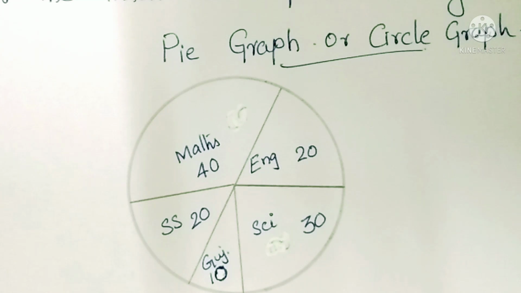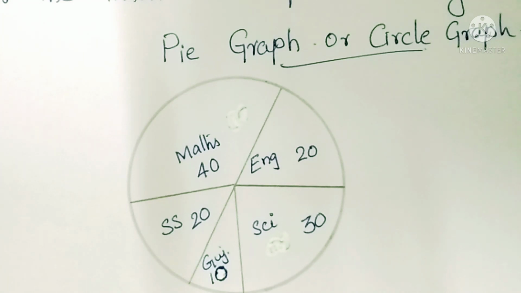Hello dear students, we have already learnt about classification and presentation of data and also its pictorial representation by bar graph, and then we also learnt histogram. Now today we will study about pie chart or pie diagram or pie graph, or it is also called circle